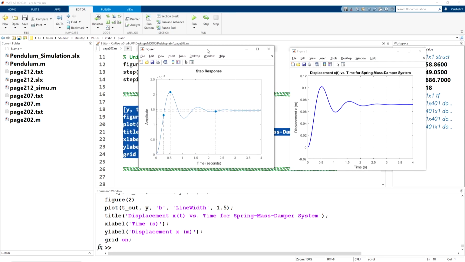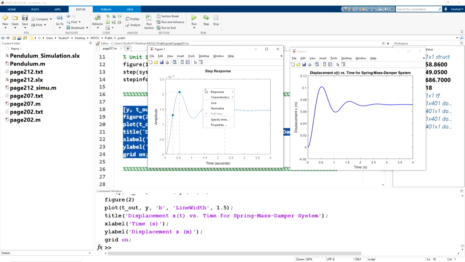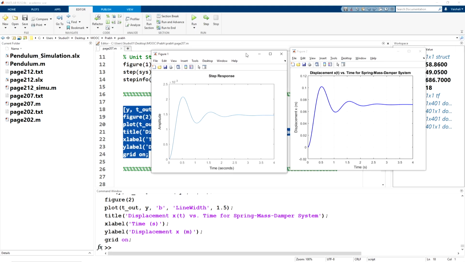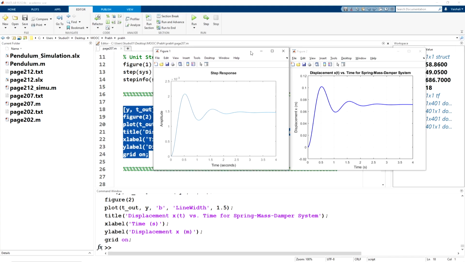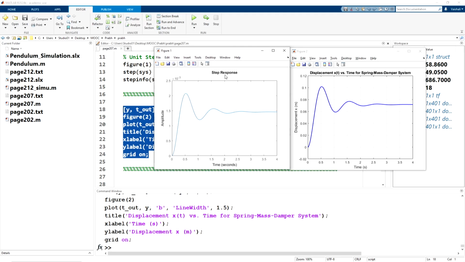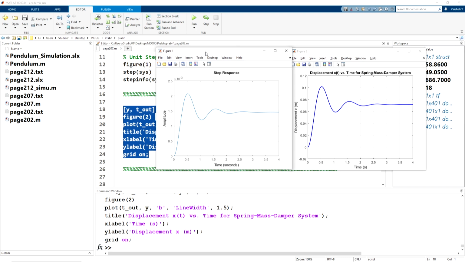Now see here, we almost get a similar response. Let me uncheck these variables. All right. So now here we observe we get almost a similar response. Now one thing here, students get confused about why there is a difference in magnitude in the responses of the amplitude, that is the displacement. Well, the reason is the input is not a unit step input in this case.